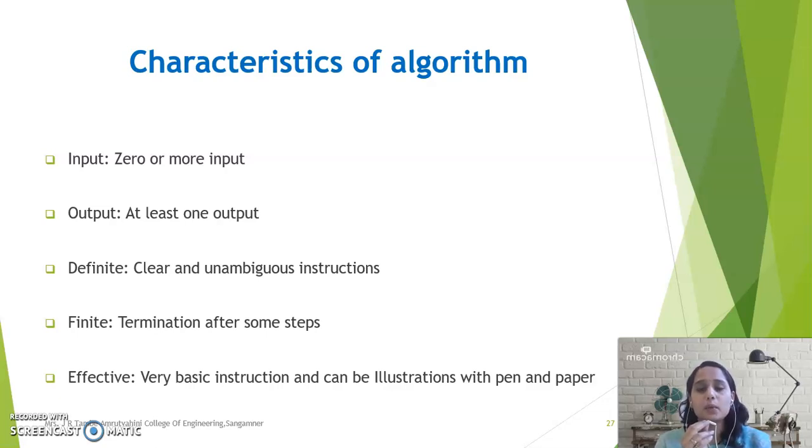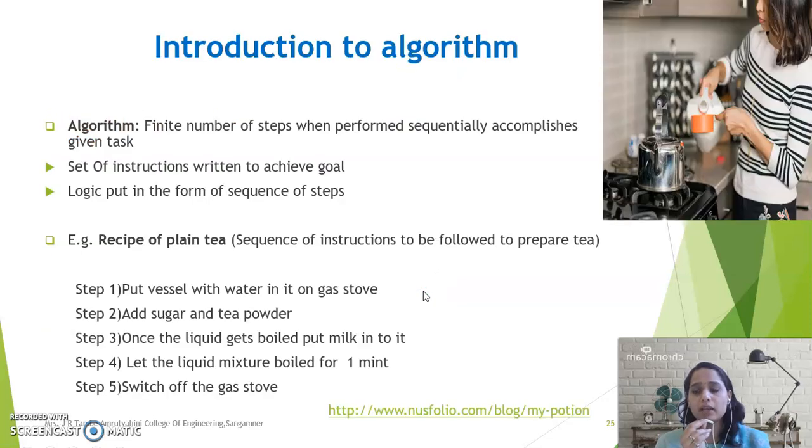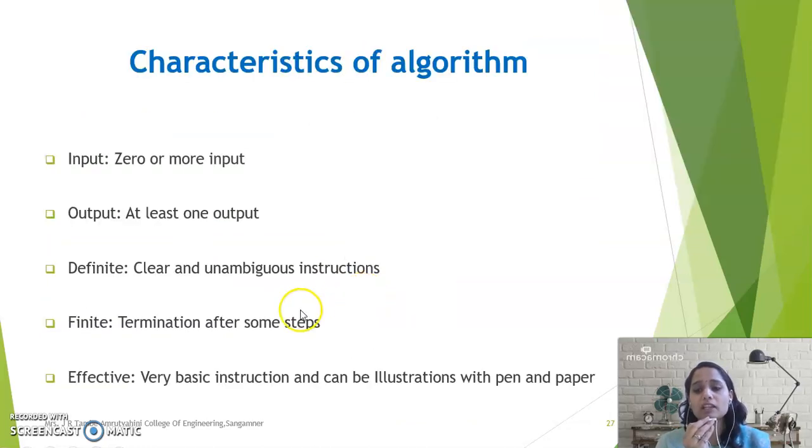So remember, your every instruction should be very clear and unambiguous. For example, in the recipe that I have mentioned here, my algorithm step was not clear. So definiteness was missing here, because here I could have mentioned it properly. For example, in the first step itself, a person might have been confused how much water to take, whether to switch on the gas or not. So that is the reason your algorithm should be definite, or we can say a step should be very clear and unambiguous. It means an instruction should not create ambiguity in the user or programmer when he is actually performing the implementation of this algorithm.